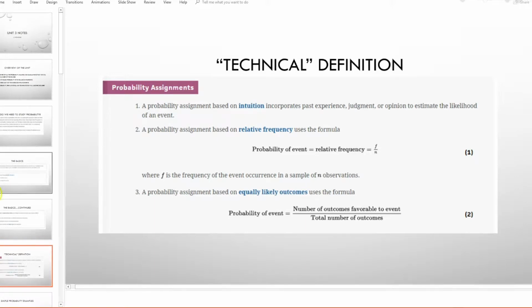All right, this is a big one we're going to work with, relative frequency. So, figuring out how much it actually happened. This looks really complicated, right? It says probability of event equals relative frequency equals F over N. F is the frequency of the event occurrence in a sample of N observations. That's like saying if I flipped a coin 50 times, count how many heads there are, right? So if I wanted to find a sample probability here, it just means take the number of yeses divided